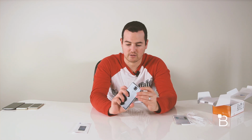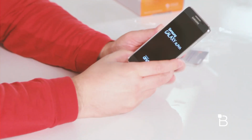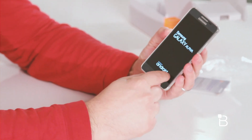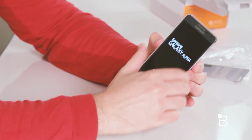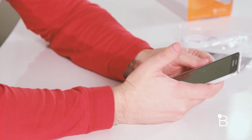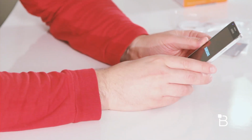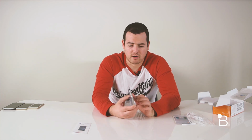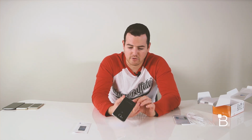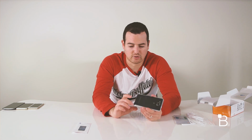Let me go ahead and power this sucker on, and we'll walk through all the specs on it. So you're looking at a 4.7 inch screen. It's 720p, so it's 1280 by 720. It's being powered by a pretty nice 2.5 gigahertz quad-core processor. The display, if you did that math quickly, is 312 ppi. It's Android 4.4.4, of course, with Samsung skin on top of it. 2 gigs of RAM are inside of here. Also inside of here are 32 gigs of storage, but you're not going to find anywhere to put an external